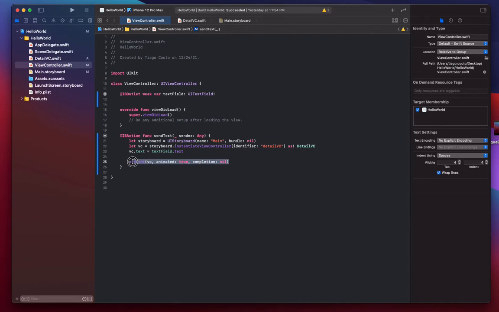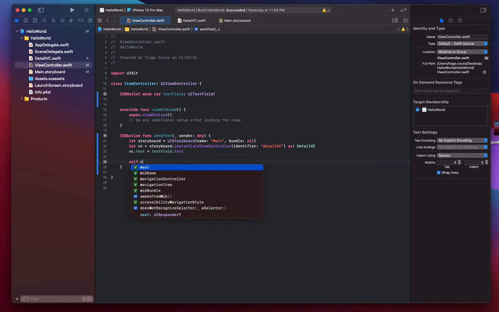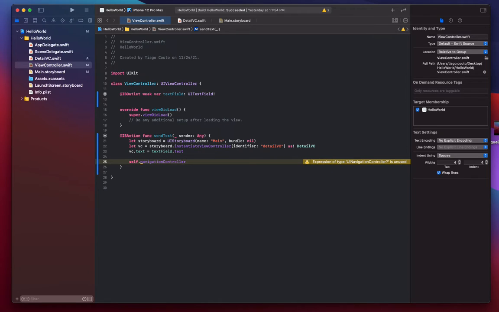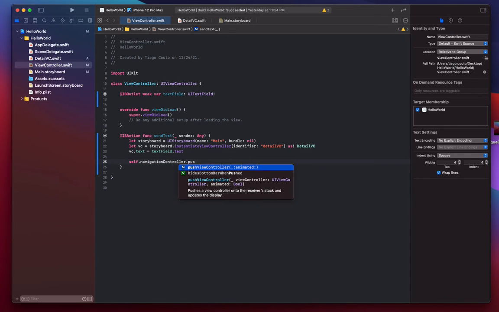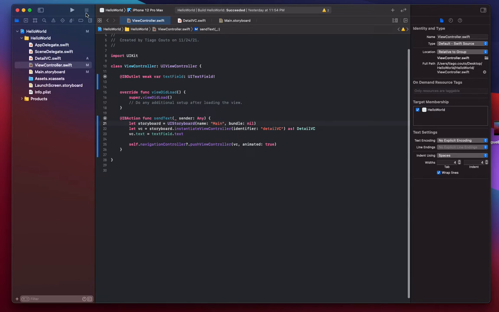But instead of using present now, we actually have to use the navigation controller. All the view controllers already have a nullable reference of the navigation controller. So if you go here and type navigationController, it's not going to be nil now because we actually embedded inside of a navigation controller. So we can just use it, pushViewController, and pass that view controller that we are using around, and sure, animated. And if you run this app now,